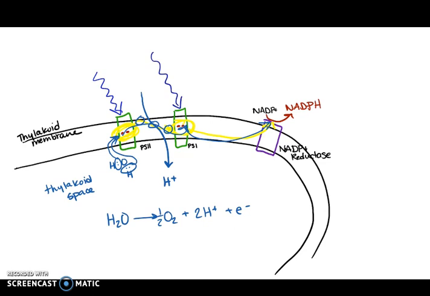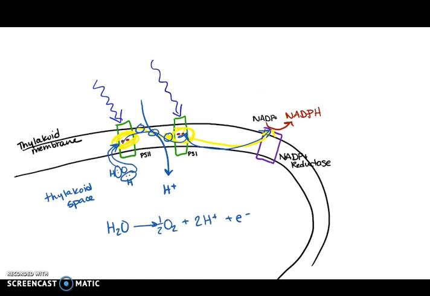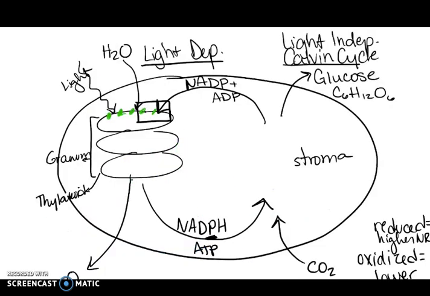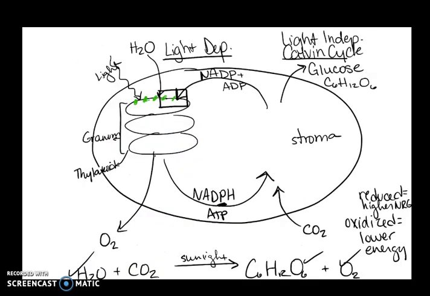Courtney? Yes. Great question. Yeah, the NADP plus reductase also uses the hydrogen from out here. So what that means is the stroma is going to lose hydrogens because it's getting attached to the NADPH. The thylakoid space is getting extra hydrogens, both from water being split and from the hydrogen ions pumped in. So now if we take a look back at our diagram, we've accounted for the water, the oxygen, and